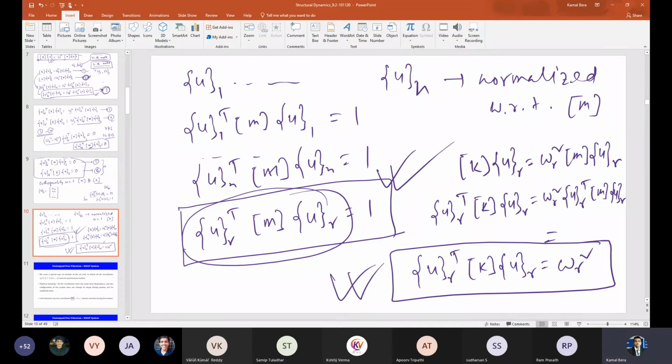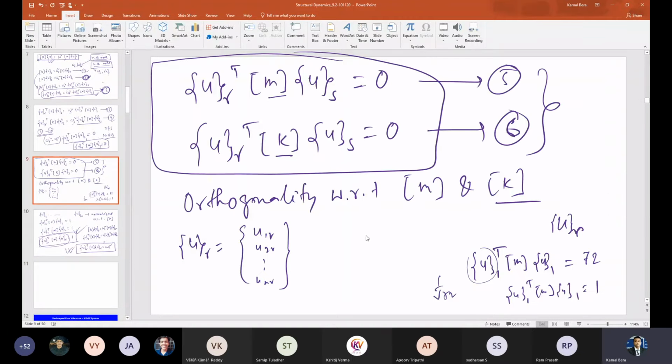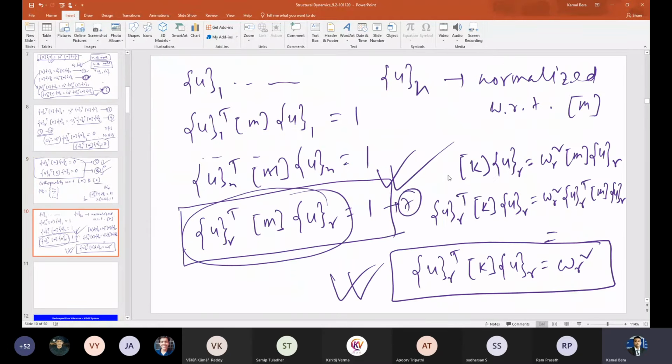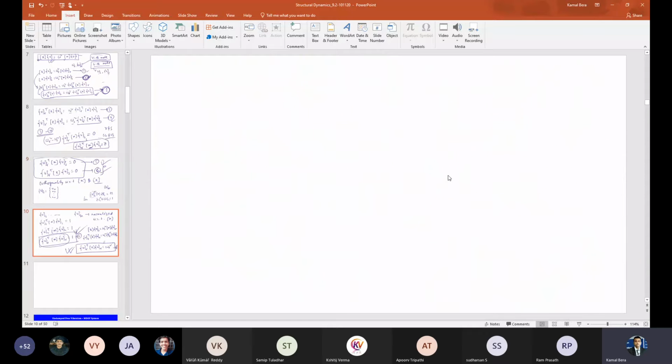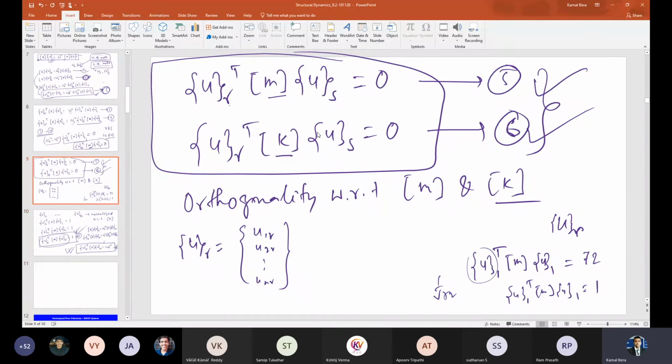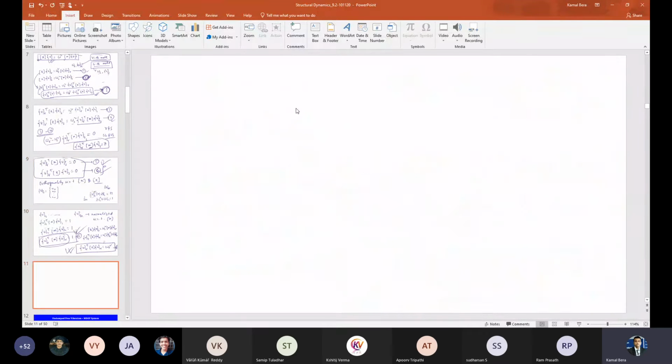Actually, we are discussing the same thing that you have done for the 2 degrees of freedom system, but I know some of you may be getting confused. So you see, there are 4 equations you have finally got: equation 5, equation 6, equation 7, and equation 8. Please look carefully at the equations. Let me write them again.